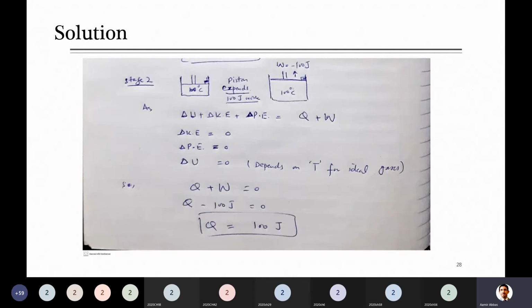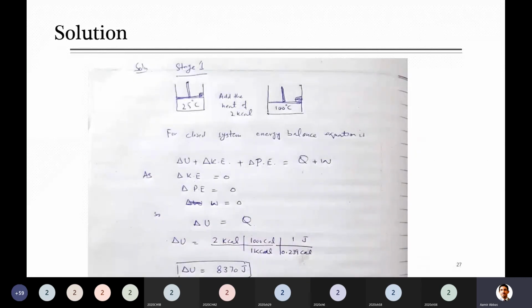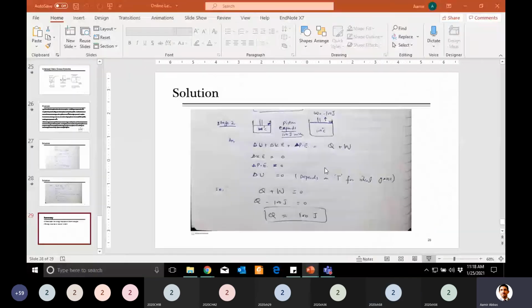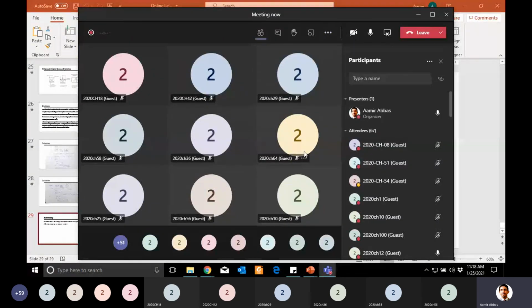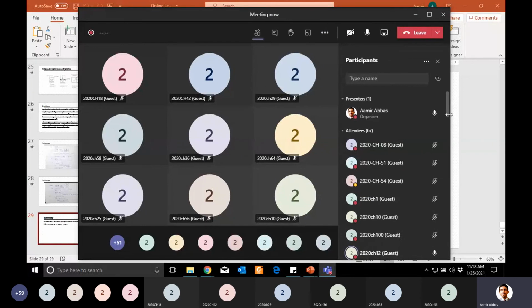And one thing, guys, let me tell you, I told her at that time, and I think some other students were also there. If you look at the overall situation, two changes are taking place here. One change is the increase in the temperature, and the second is work done by the system. So overall, if I don't separate it into two stages, I will write the equation as delta U is equal to Q plus W. Both changes, the change in temperature, which is delta U, and the other thing, which is work, are taking place due to the heat added.